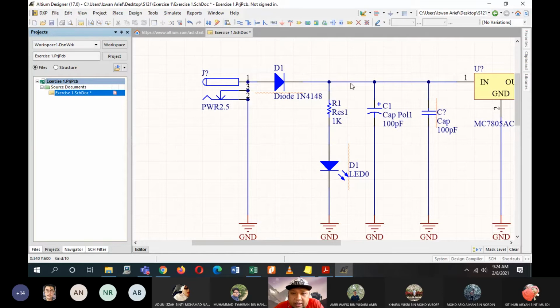What actually happens is, if you use the same name for diode 4148 and LED, D1 and D1, the compiler will assume that after the power, the connection will go to D1 and then go to R1, and then it will go to D1, which is supposed to be the LED, but it will assume that D1 is still 4148. So it will connect back to this diode here.